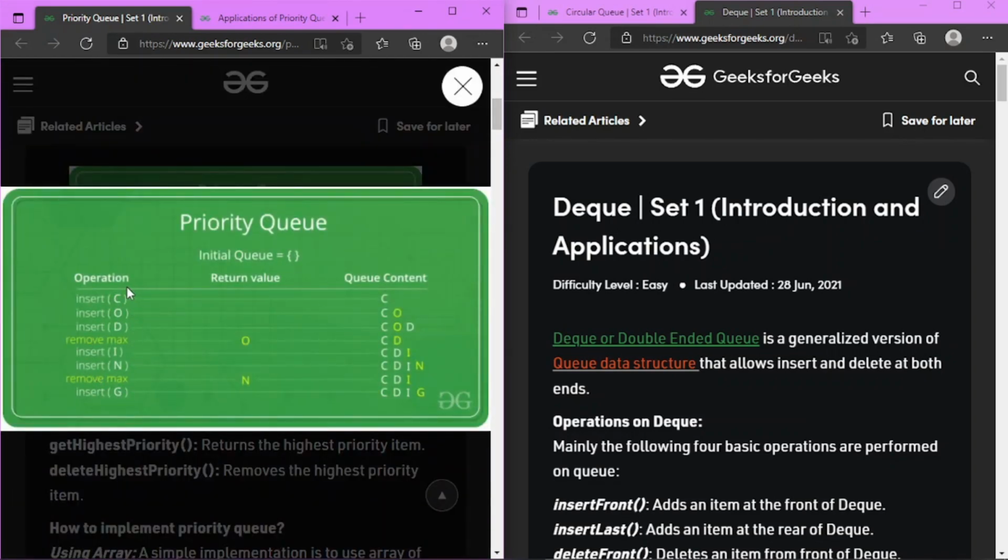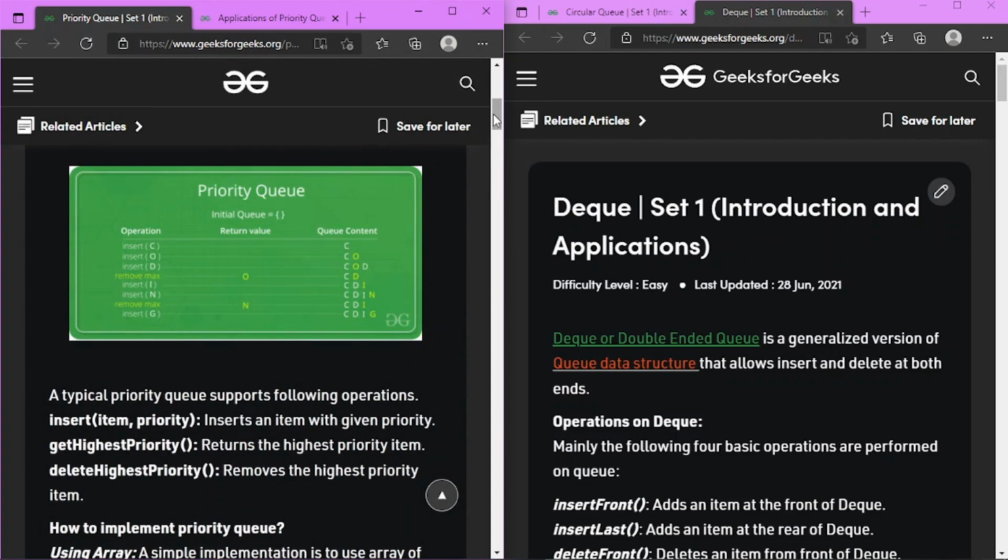One example is that the priority is given here according to the ASCII values of these characters. Whenever we have inserted some characters and we want to remove one, as the priority is set according to their ASCII values, C has the least ASCII value and O has the highest, hence O will be removed first because of its high priority. Similarly, when I and N are inserted, the ASCII value of N is the highest, so it has the highest priority, hence N will be popped out or dequeued from the queue first.